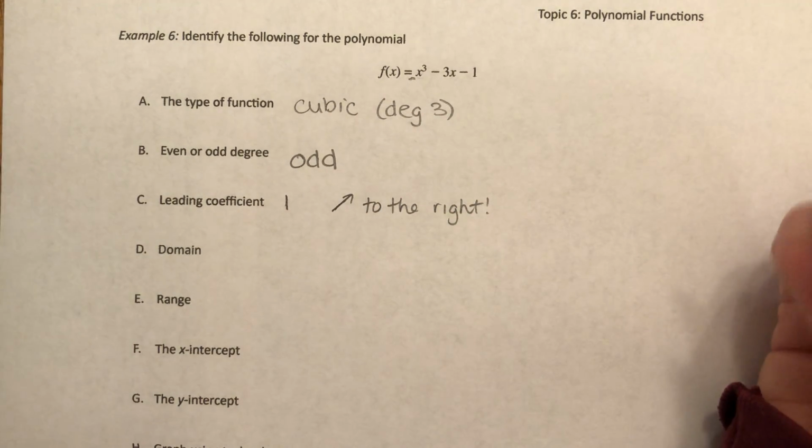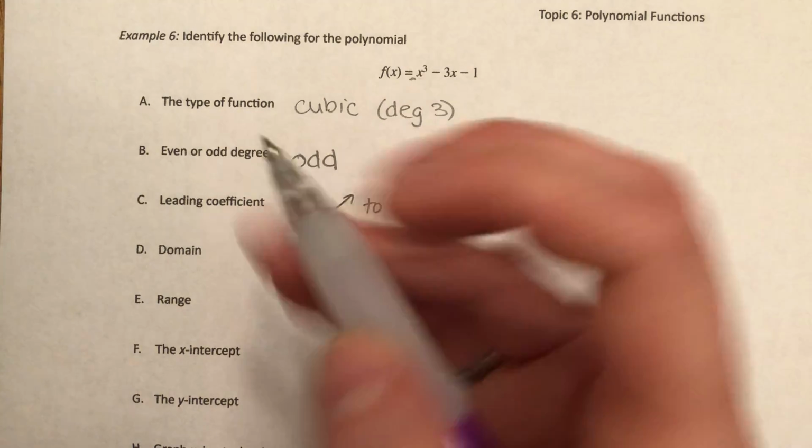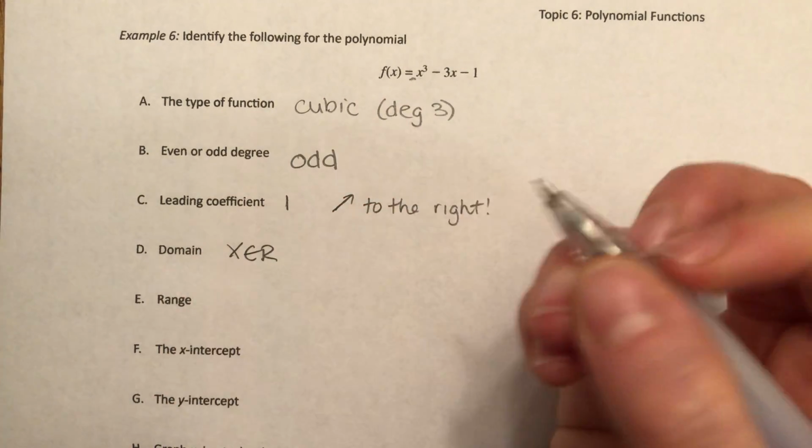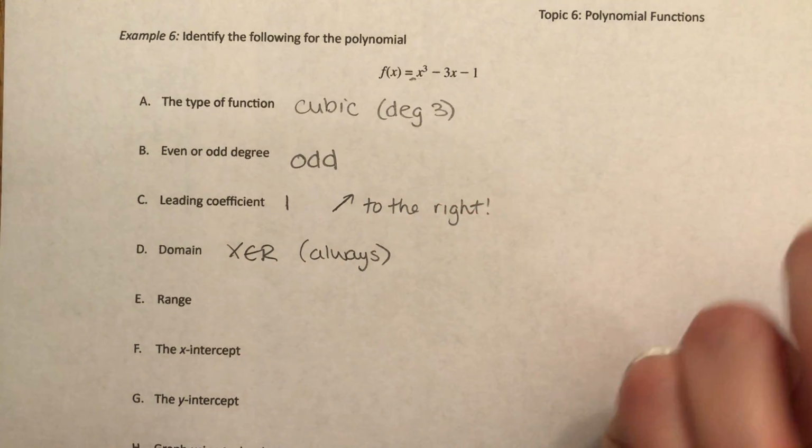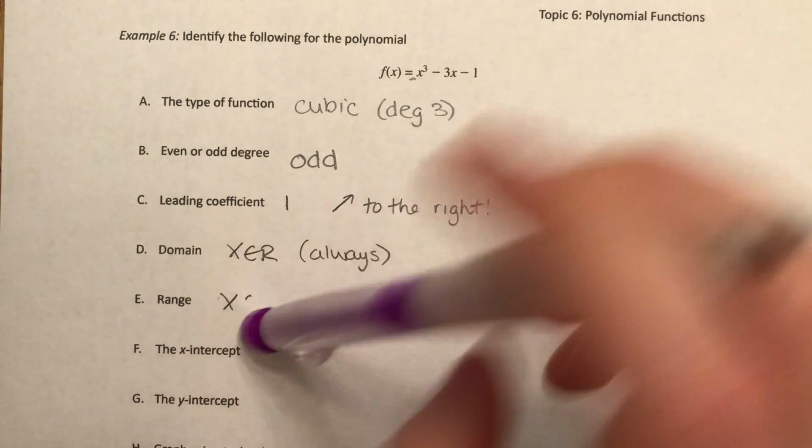My domain, so remember how we talked about odd functions? X is going to be all real numbers, always. Doesn't matter if it's even or odd. And then range,